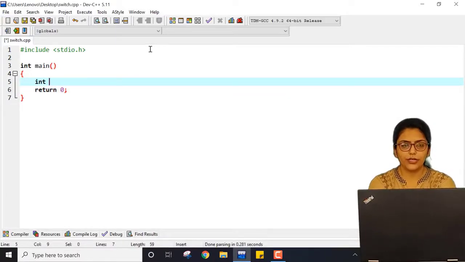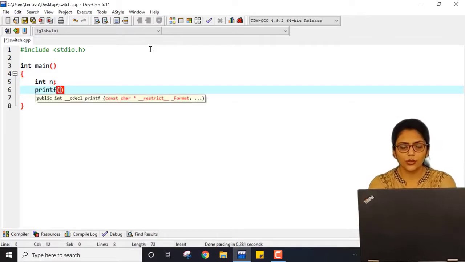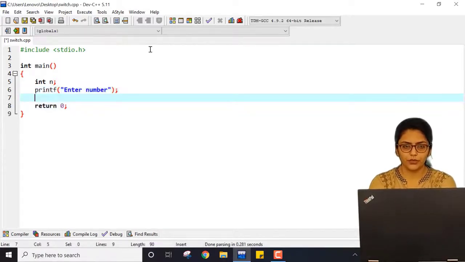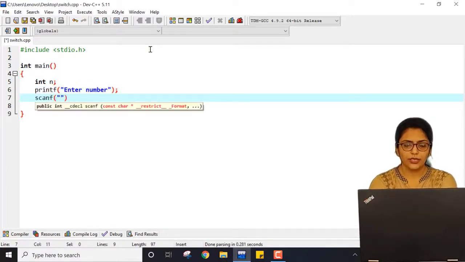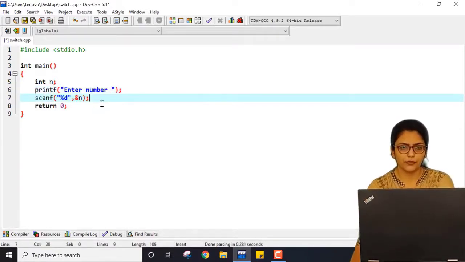Then int n, the number which is going to be entered by the user. Then printf enter number, right? Here I'm going to use scanf to take the value from the user, %d as it is an integer, and &n. So this is a simple program.